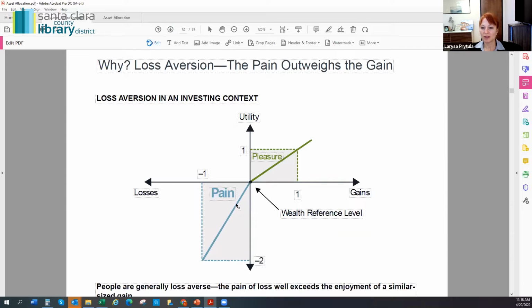Another unique thing about the way we build our portfolios is our aversion to pain. You can see here that when we experience losses, our pain aversion is extremely high. Feeling pain is much more unpleasant than enjoying positive returns. The pleasure of positive returns is by far less intense to us than when we're losing money in the market. That's called loss aversion. Loss aversion overweights the losses, and because of that, people make decisions maybe not exactly how they're supposed to based on just the numbers.